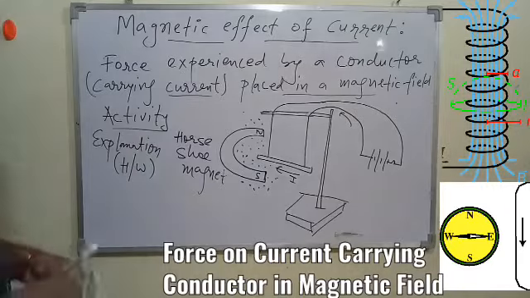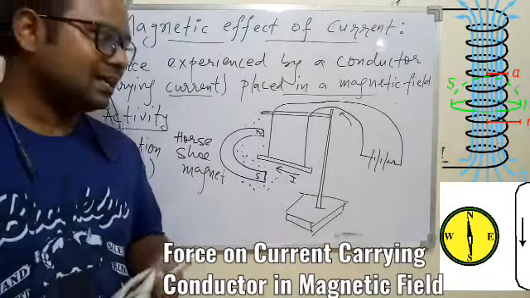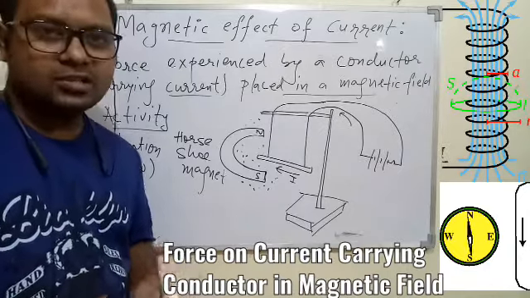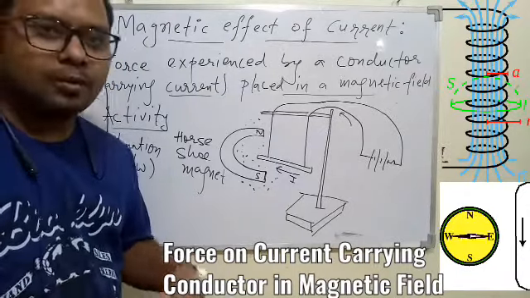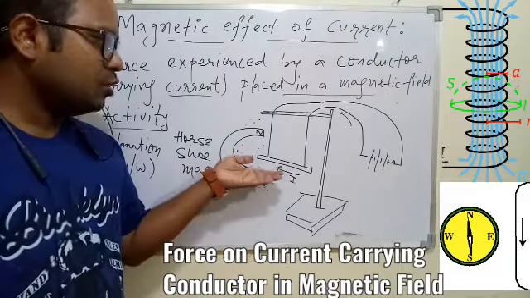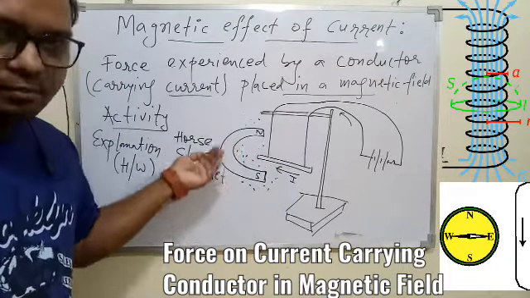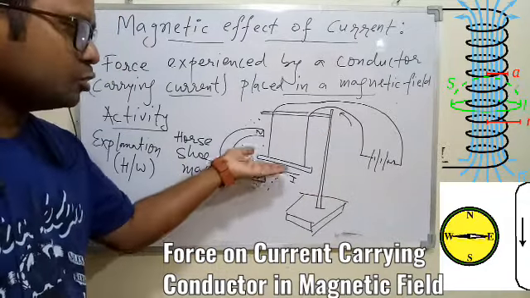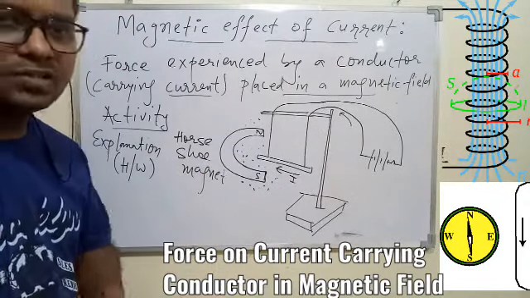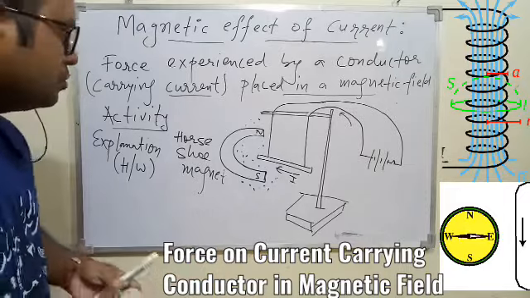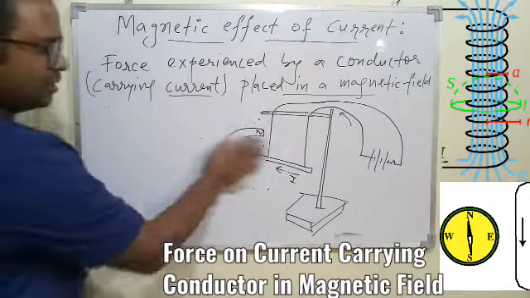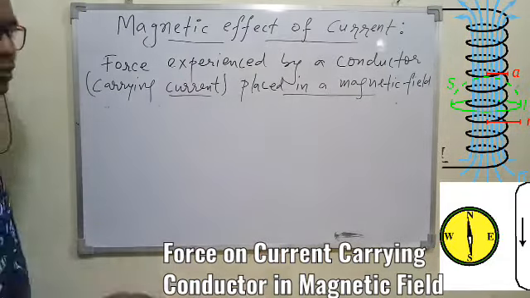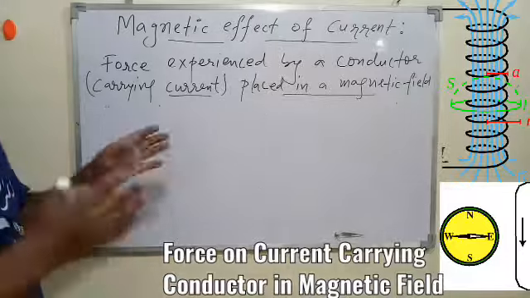And for this we are going to have a particular formula which will help you understand that if a force is given to this particular conductor when placed in the magnetic field, then how much is that force, and in which case the force will be maximum or minimum, because the way you place the conductor, the way you place the magnet, how much current is flowing in the circuit, all things will decide how much force will be given to this conductor and in which direction it will move. That is what we are going to discuss now. So the activity part you can try yourself. That is explanation. Don't try this activity at home because for that you need a good setup.